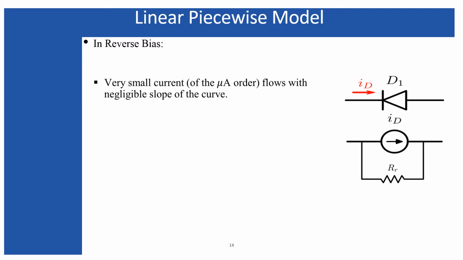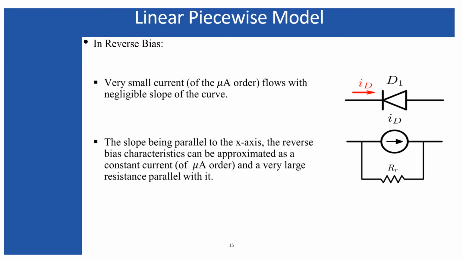Along with that, as the slope of the VI characteristics in reverse bias of the PN junction diode maintains a zero slope or approximately zero slope, which means the inverse of that is very high, and the inverse of the slope in VI characteristics represents the resistance. As I have explained the resistance in forward bias characteristics using the slopes, in a similar manner the slope in reverse bias obviously will represent some resistance, and that resistance is basically the resistance in reverse bias.